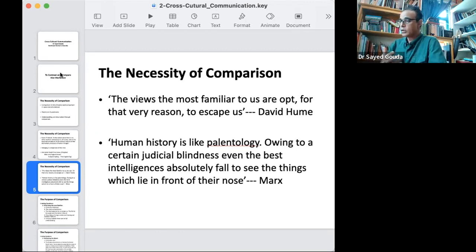And because they are so close to us, we fail to see them. We fail to see things that are so familiar to us. I remember there is an Indian thinker. He once gave a lecture, and he said,